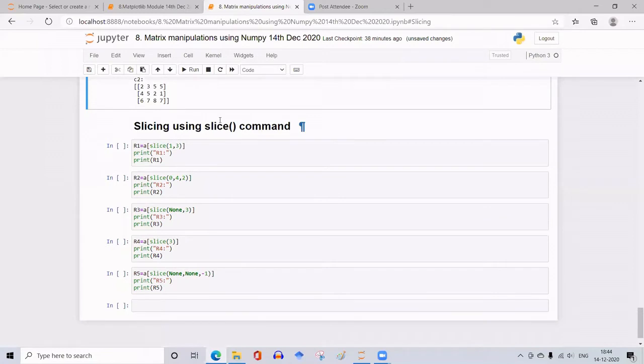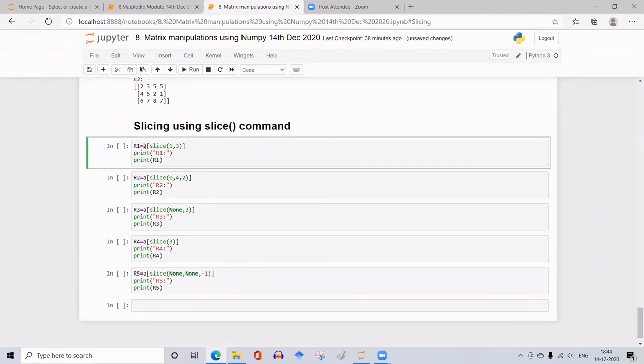Next, using the command slice. We can use the command slice to slice instead of the colon. It takes the syntax like this. Give the matrix you want to slice, and then within square brackets, slice, and then within curved brackets, give the starting and ending rows as a tuple. So here 1 to 3, that is 3 minus 1, it picks up the row numbers 1 and 2.